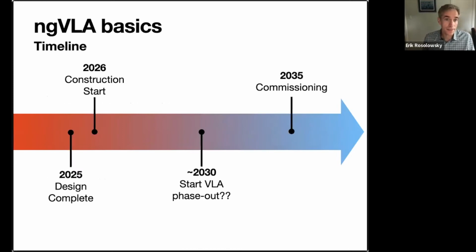The timelines are put here, kind of thinking about a complete design and construction start in 2025, 2026, leading to a sort of 10-year-long construction process with commissioning starting in the mid-2030s. The big question through all of this is that this is intended as a full replacement for the current VLA. And so the question is, what is going to happen to the existing facility? How will those capabilities get ramped down while the ngVLA comes